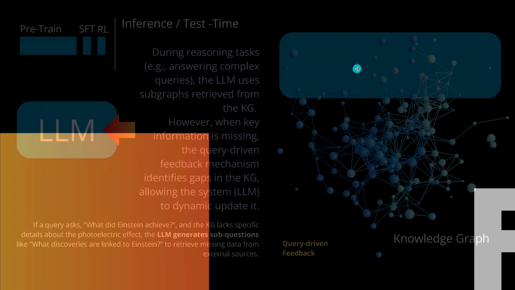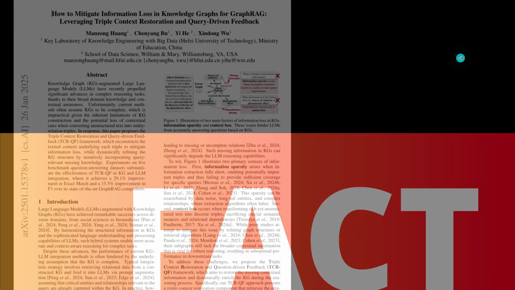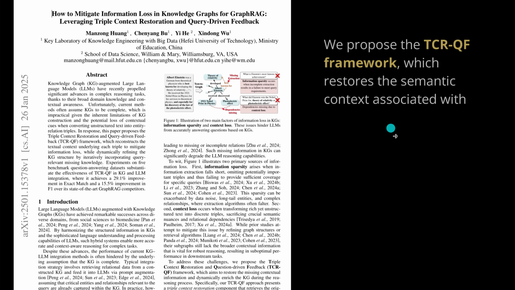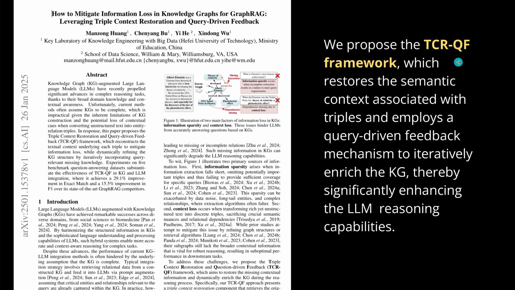There is a simple example. Beautiful. So now let's come to the fact, and I know you want to see the literature on this. Absolutely. So this is from yesterday, January 26, 2025. We have here "Mitigate Information Loss in Knowledge Graphs for GraphRAG," and this is exactly what we're going to look at. We have here a new framework which restores the semantic context associated with the triples in a knowledge graph,